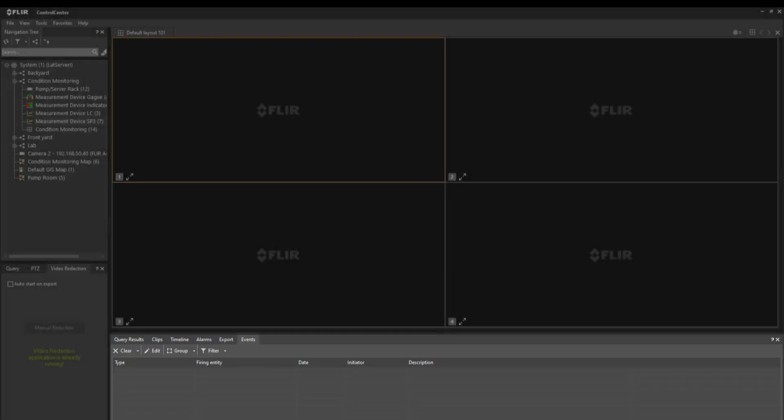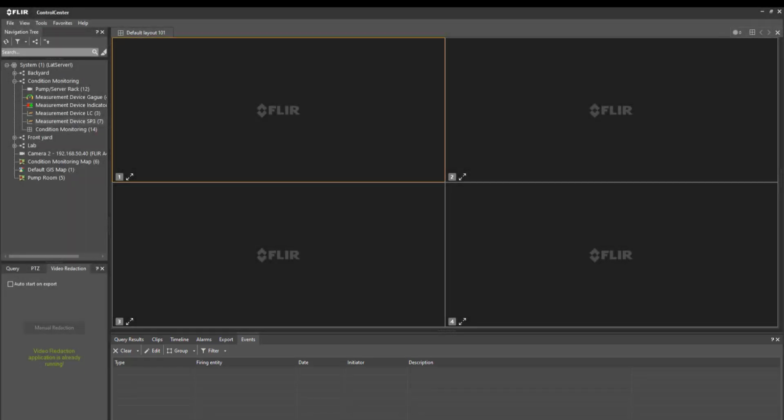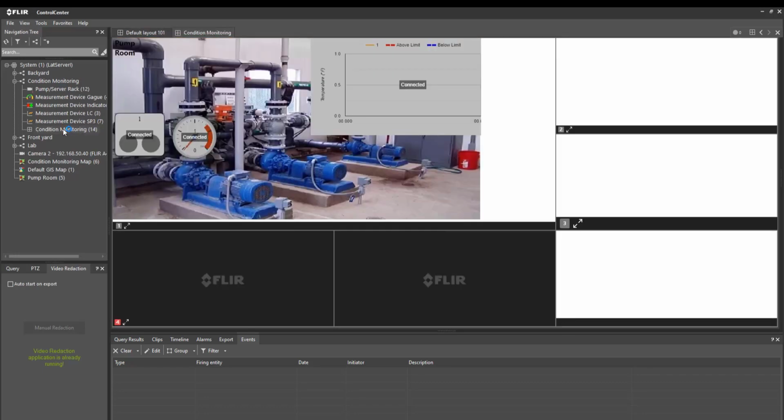Okay, so let's take a quick look at how the condition monitoring works within the UVMS. First, I'd like to show you the end product, and then we'll take a couple of steps back, go into Admin Center, and I'll show you how we got to this end point. So the first thing that I'd like to share with you is a layout that I prepared for this webinar. So this condition monitoring layout, when accessed,